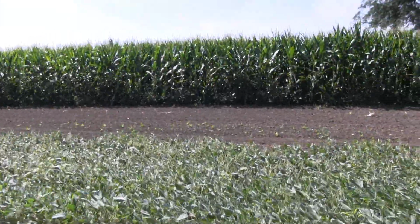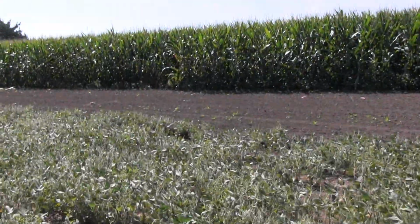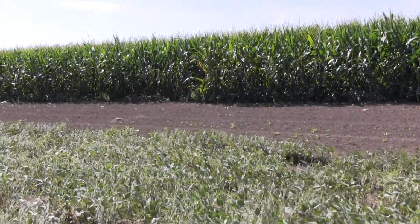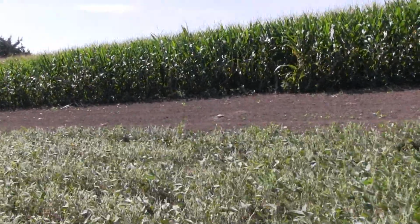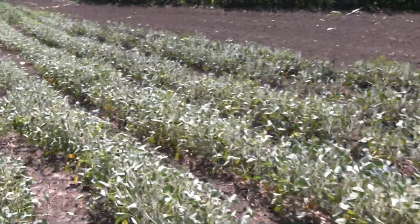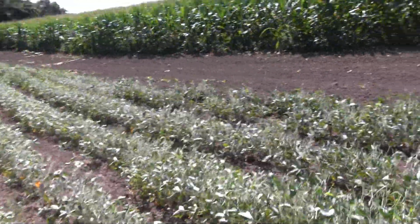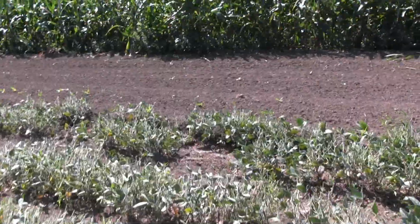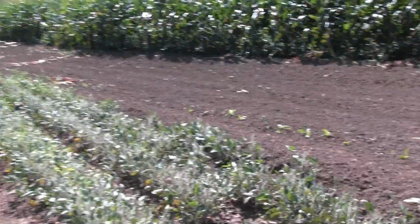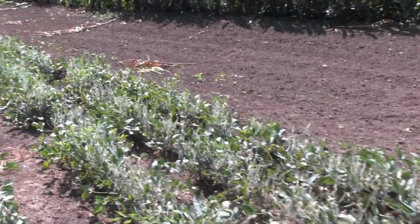We'll venture up here. There's a good view for you. Destination. And that strip has been right at 2 weeks in there, and very little to no germination. Like I said, no matter how valiant your effort is, if you don't get the rain, as you can see down through there, the seed's still there, and it looks like some brassicas germinated, but